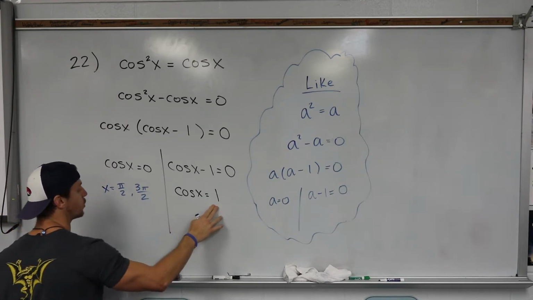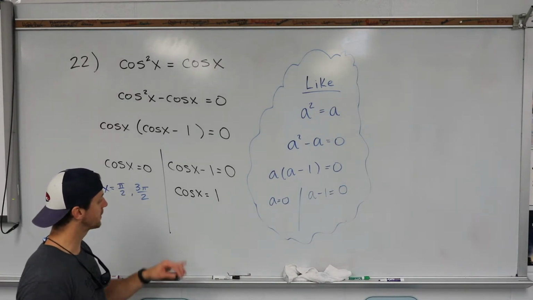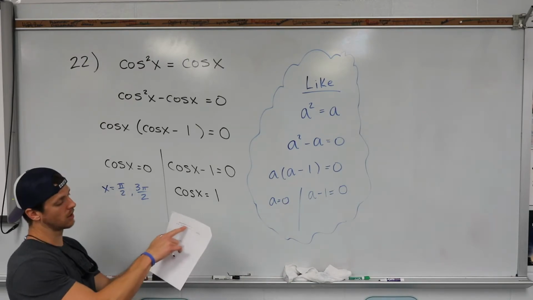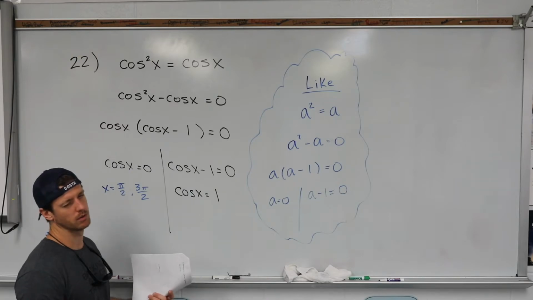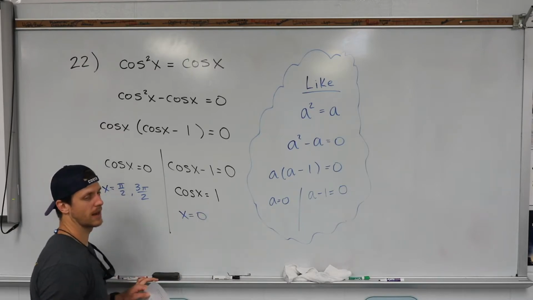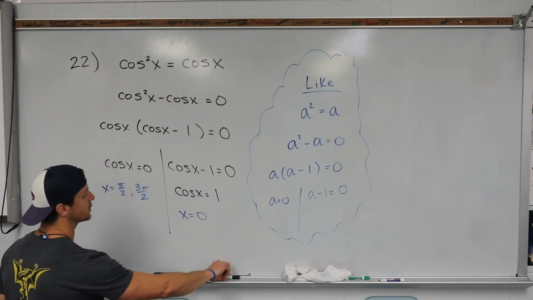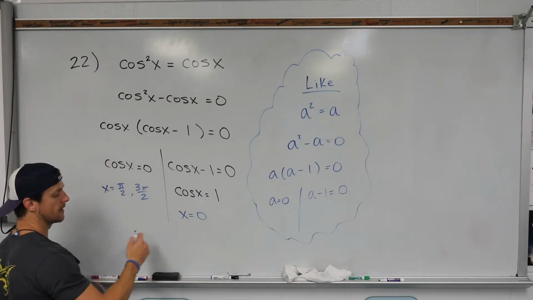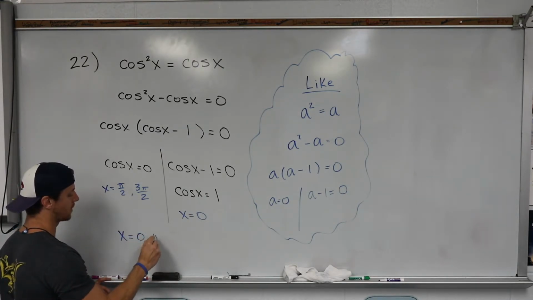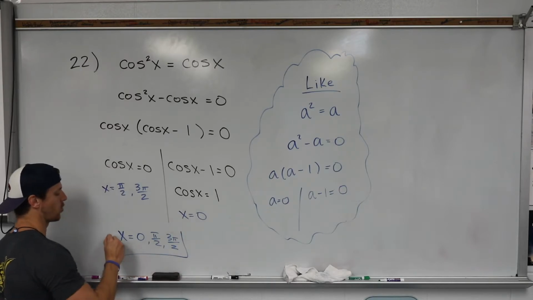And then cosine of x equal to 1. Now, I said between 0 and 2 pi, but we don't want to repeat our answer because technically this does happen at 0 and at 2 pi. But because of that inequality sign right there, when it says to find our solution, it only wants one of them, just 0. So x is equal to 0. That's where that happens. You know me, I don't like to go look for answers. So if you could please, just stick them all together in one area, hopefully in order if you can, if not, no big deal. 0, pi over 2, and 3 pi over 2 is what x can equal in order to make this statement